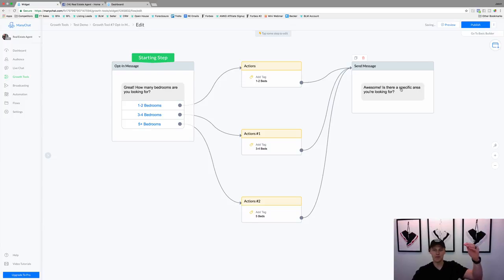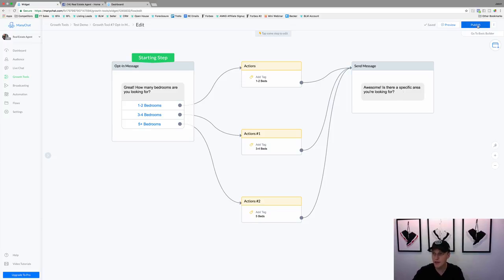So no matter what they say, 1 to 2 beds, what area are you looking for? 3 to 4 beds, what area are you looking for? 5 beds, what area are you looking for? Because that's all going to be specific to whatever, obviously it doesn't matter, there's hopefully going to be a certain number of bedrooms in all these different areas.